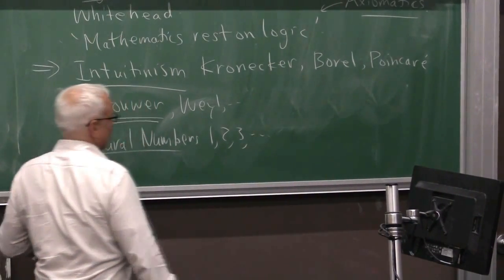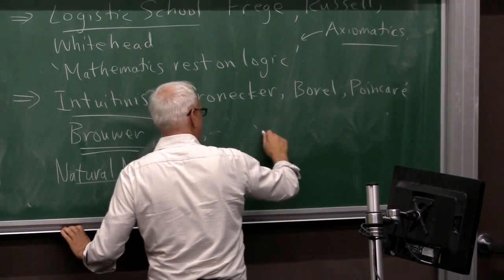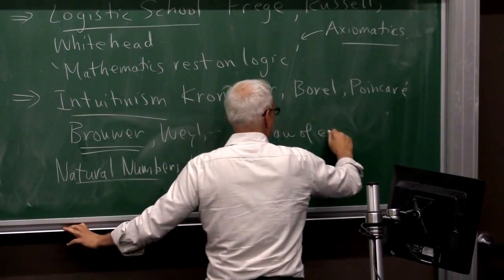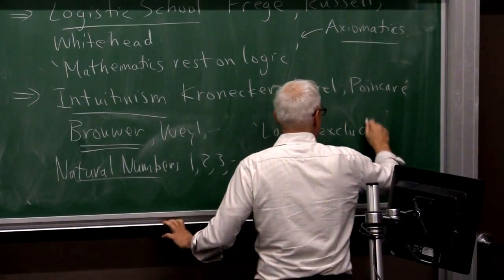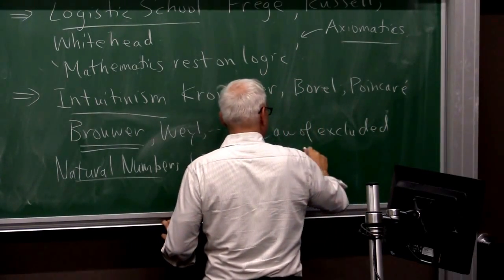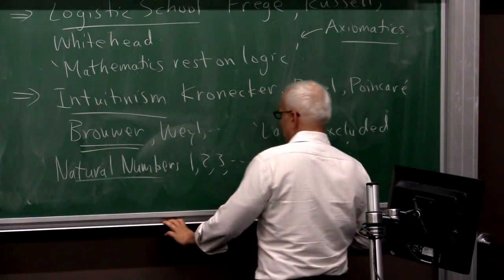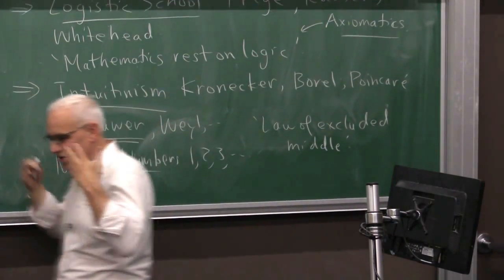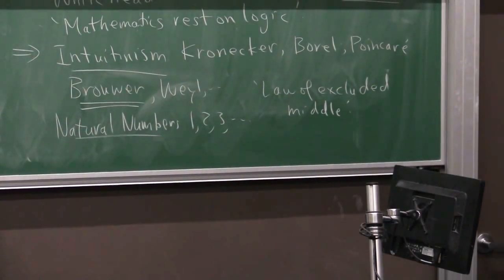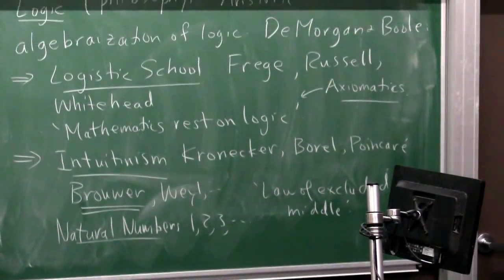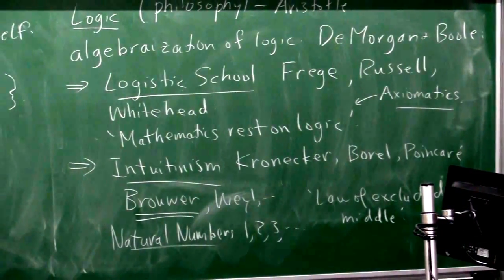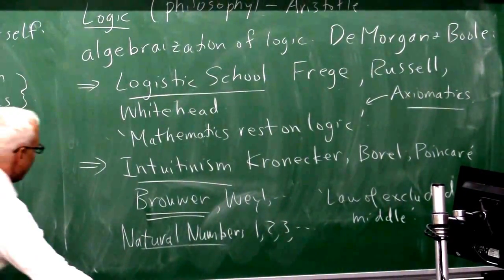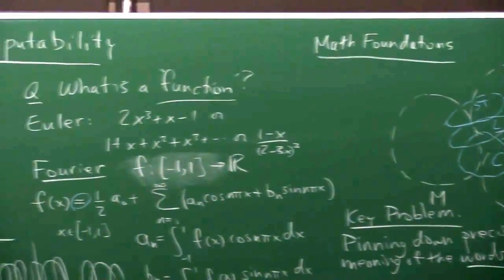Okay, there were other aspects of it. There was some debate about something called the law of excluded middle, which was a logical point. But basically, Brouwer especially had a more intuitionistic, almost maybe somewhat mystical view of what was going on. But that was not the only school, not the only two schools. There was also